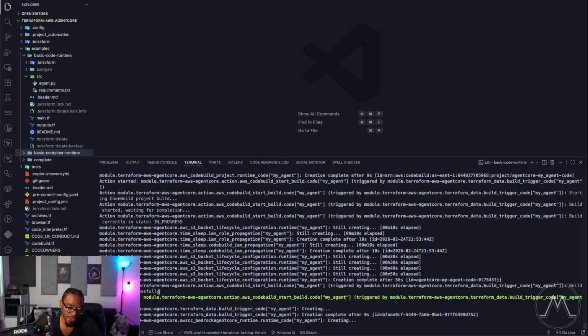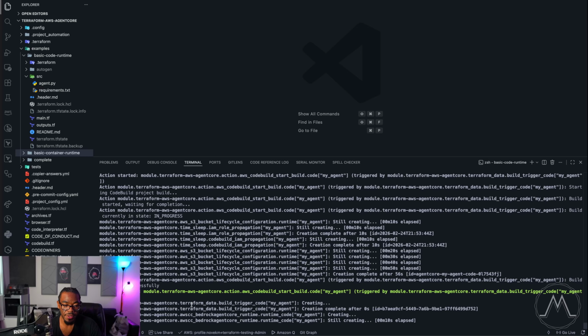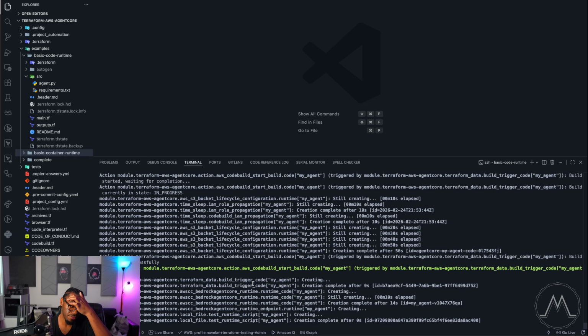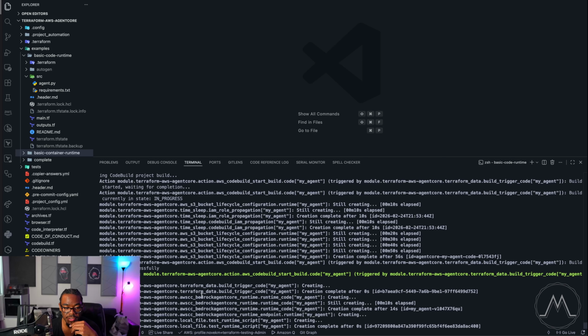AgentCore runtime. And you see we got that completed successfully, then a success message that the action was complete. Now what's happening is there's a Terraform data resource for a build trigger. The naming could probably be updated a little bit, but we'll explain what this actually does. We have that Terraform data, and then we finally have, now it's creating the runtime. And keep in mind, right, we have guaranteed that the artifact is going to be there, because if the build failed, then Terraform apply would fail, right? Because we wouldn't have gotten a success message from CodeBuild. And we also know that it is completed successfully, so now it'll be able to fetch the relevant asset for actually going ahead and creating that